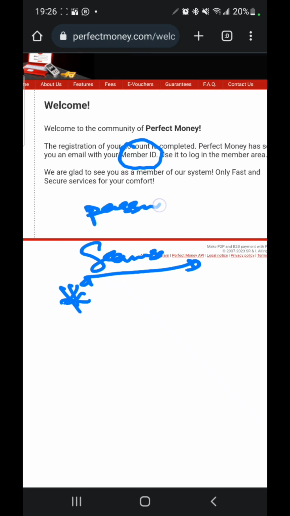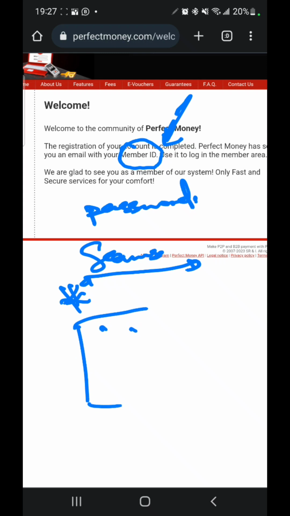Okay, of course, they're going to ask for the account number to send, but the account number they send to is not the member ID. We will see when you log into Perfect Money, there are different accounts that you send to that respective person so that they can send money into those accounts. Your member ID and your password, keep them safe. These are the ones you use to log into your Perfect Money